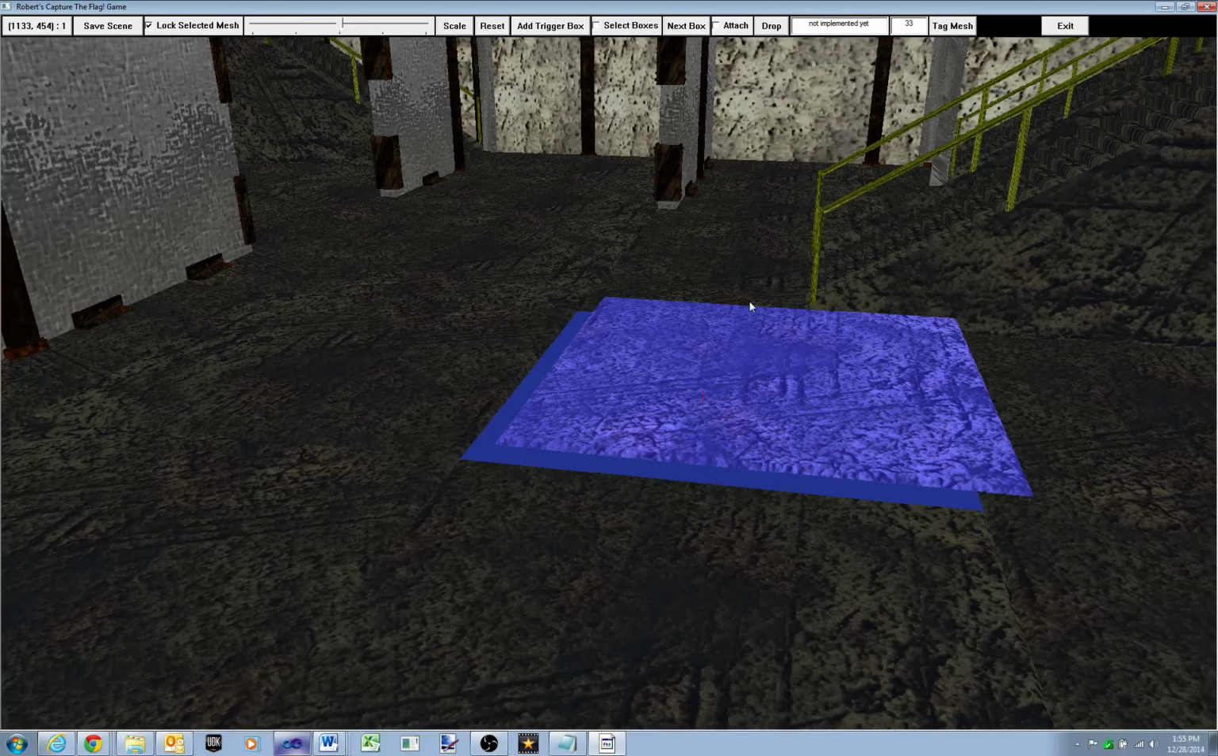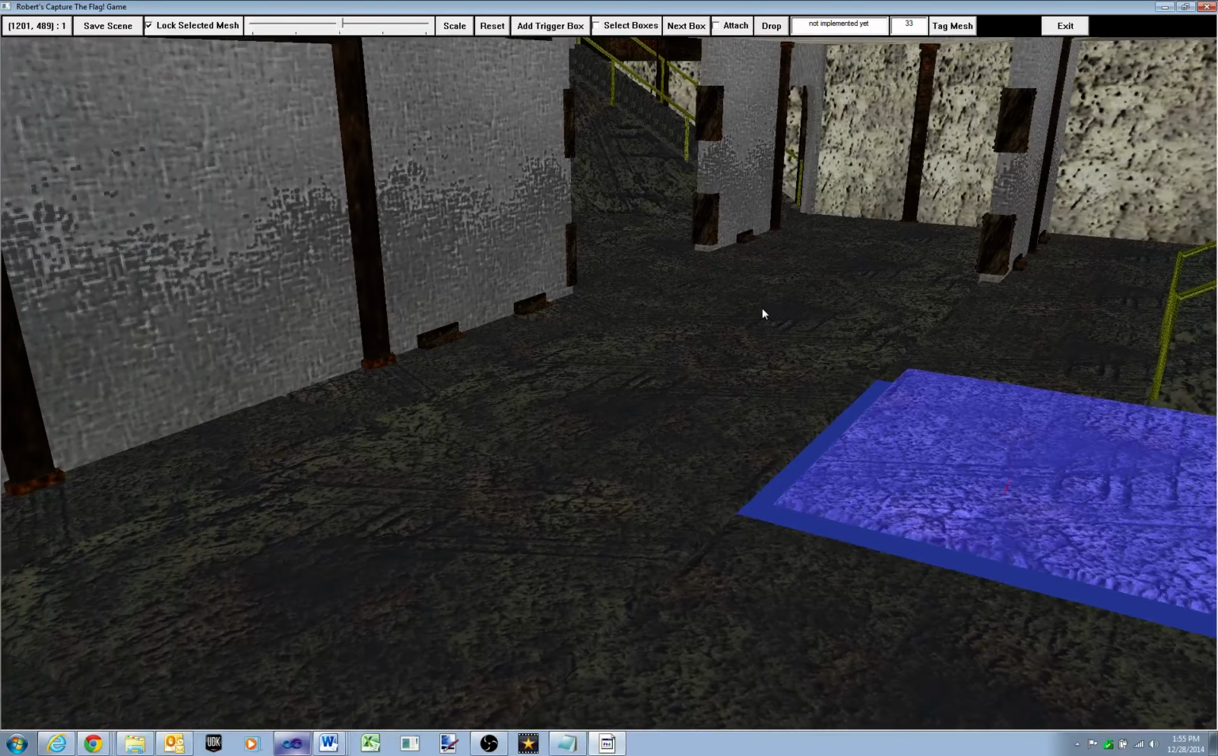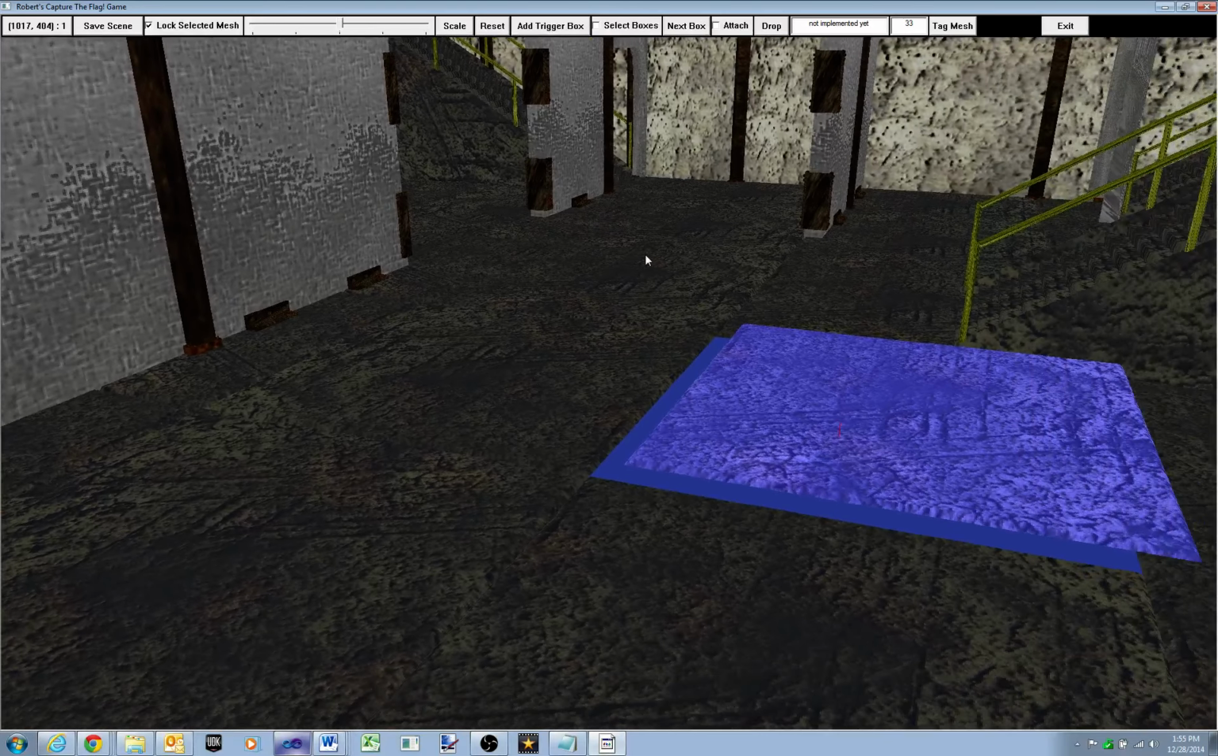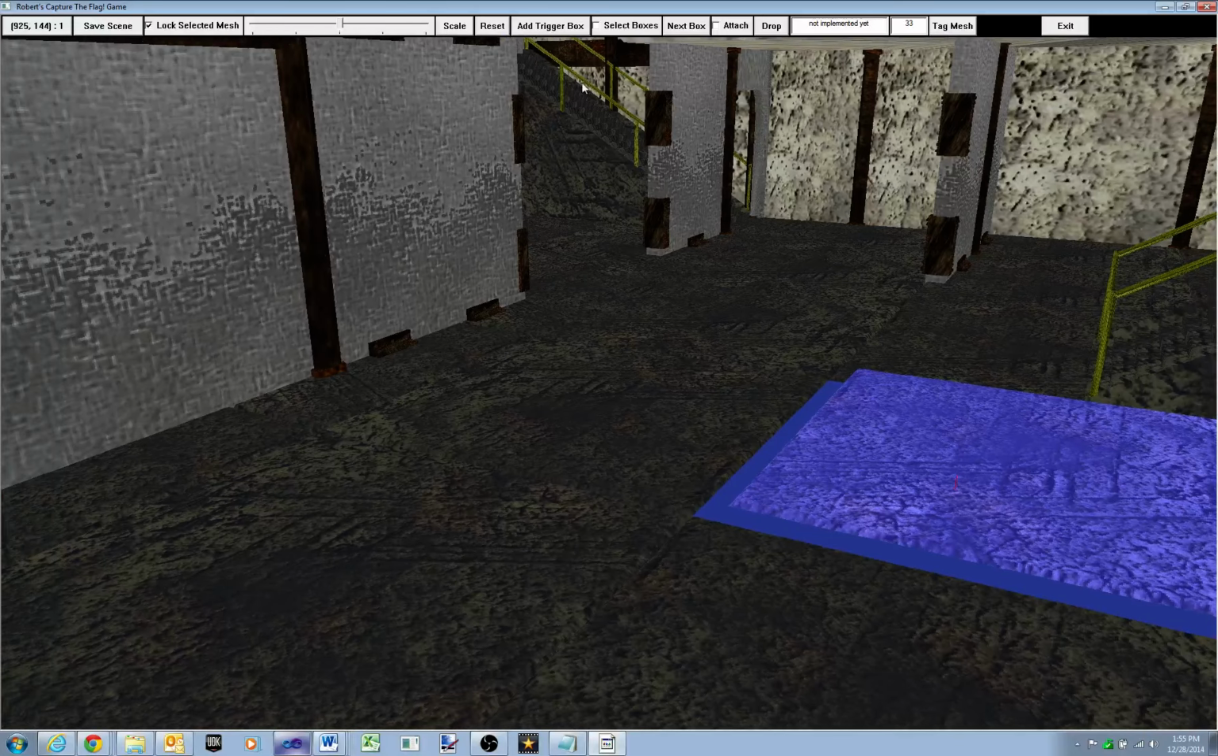So now we need to also be able to create a box. So let's look into that. If I want to create a box, I have this new button here. Well, everything's new, but I have this button here called Add Trigger Box. So I'm going to just press that, and I see a box appear